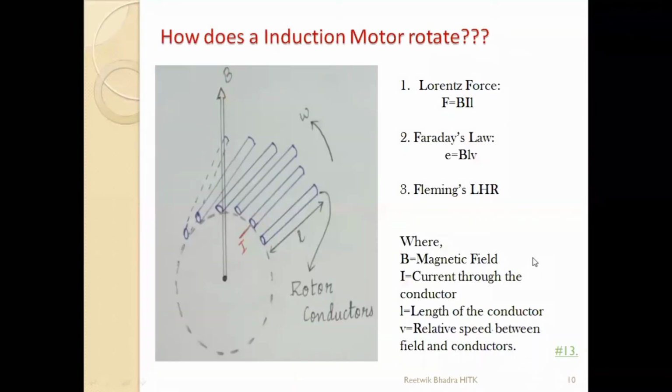Now, we'll jump into how your induction motor rotates, or how any machine rotates. All machines have the same principle, except the supply changes. One has a DC supply, one has an AC supply, maybe single phase or 3-phase. So now we should understand how the induction motor rotates. If you take a basic example, think about the basic things, how the rotation is brought about.